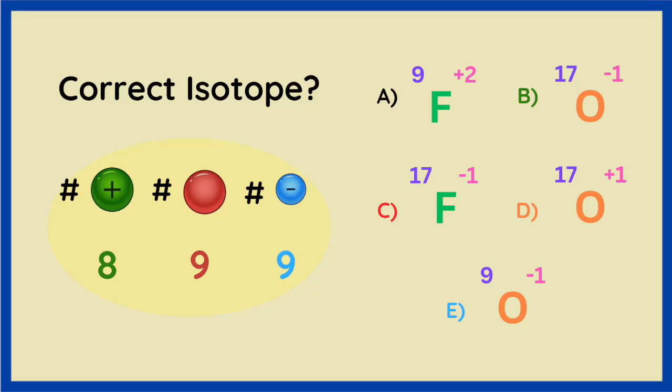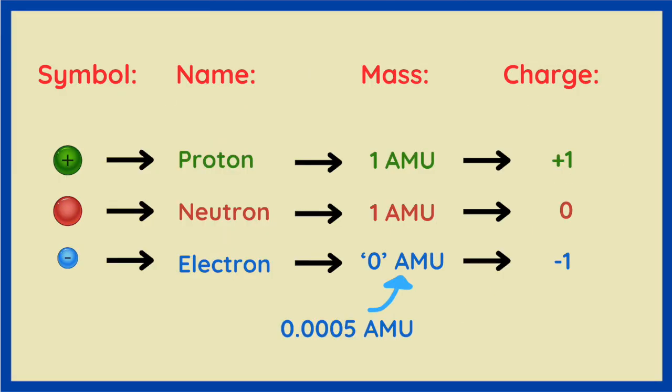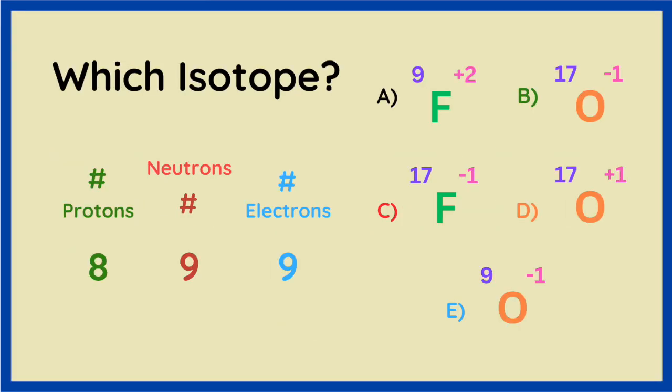What type of isotope is represented by this combination of subatomic particles? Isotope A, B, C, D, or E? The subatomic particles are protons, electrons, and neutrons, all of which have a certain mass and charge. So we have 8 protons, 9 neutrons, and 9 electrons, but how does that help us discover the elements of